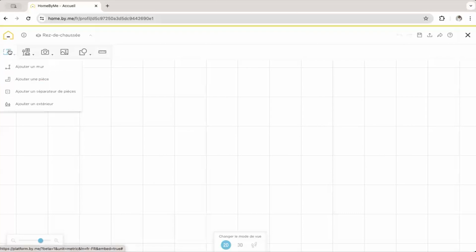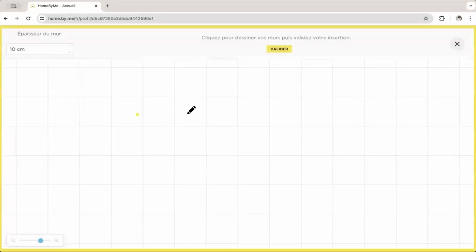At the very top, you've got a map. You've got the option to add walls. So you're going to click on it, and you're going to land on a page with a little pen, as you're looking at the very top left. You have the option of changing the thickness of your walls. It's very important because it's going to have an impact on the dimensions of the walls that you're going to